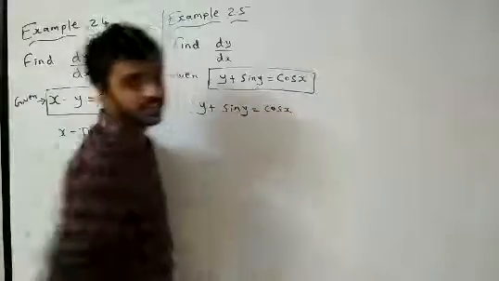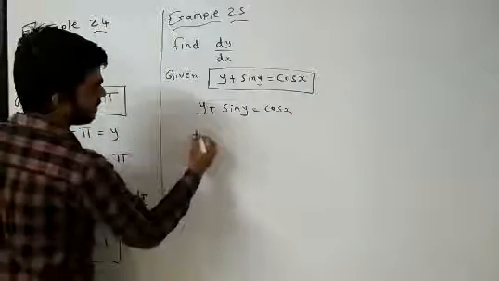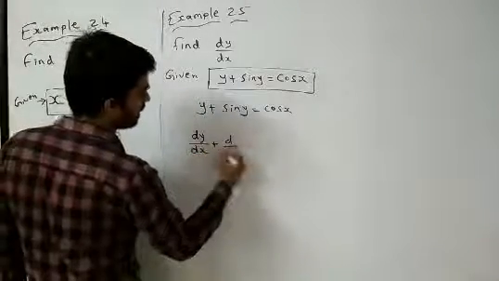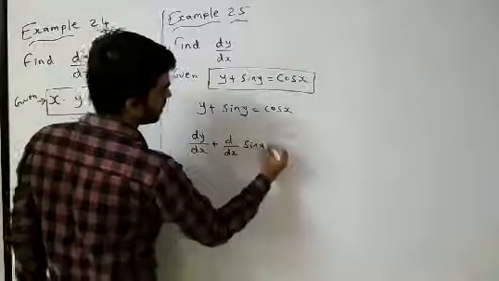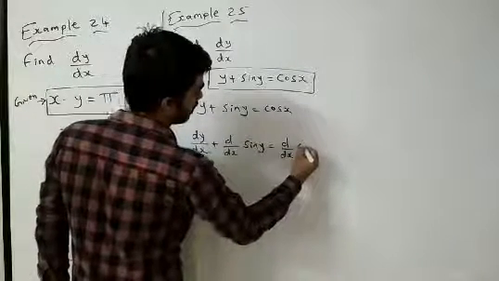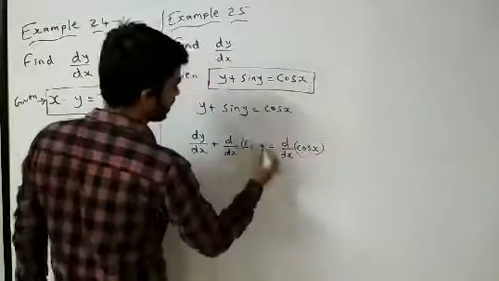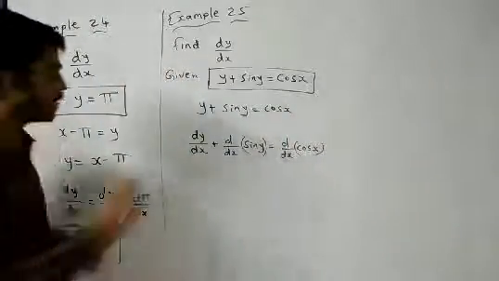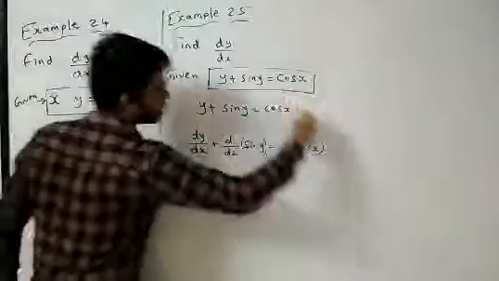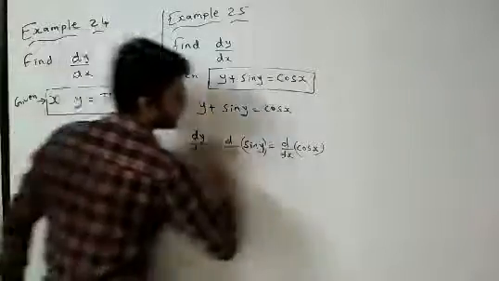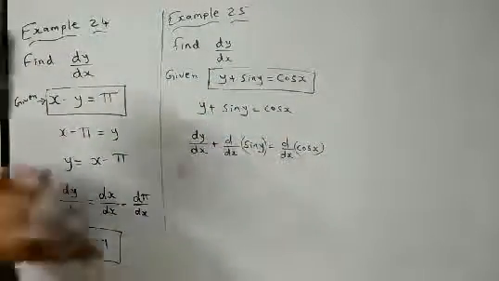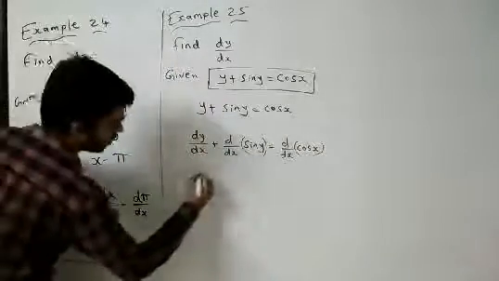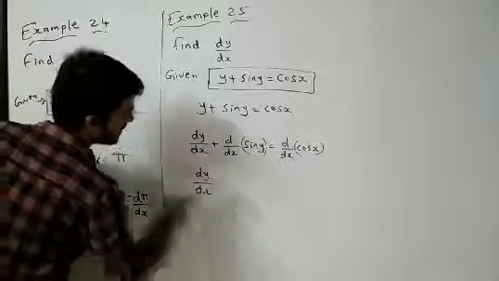Now differentiating with respect to x. So y will become dy by dx. Derivative of sin y, but I will tell you what to do. d by dx of sin y is equal to d by dx of cos x. What I have done over here is I have just kept d by dx in each and every particular thing. y so y, sin y so sin y, cos x so cos x, d by dx in everything. Now dy by dx we have to find, so let it be as it is.